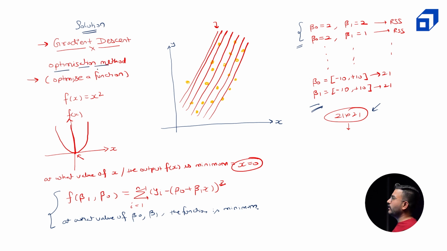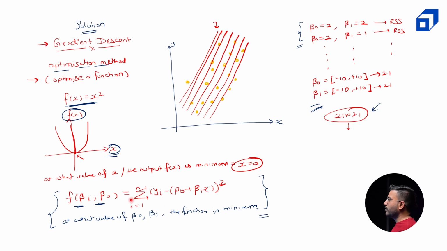where gradient descent can optimize a function. So if let's say the function is f of x is equal to x square, then using the concept of gradient descent, I can find out at what input, at what value of x, this output f of x is minimum. Similarly, here I have the same kind of requirement. At what value of beta 1 and beta naught, at what input,